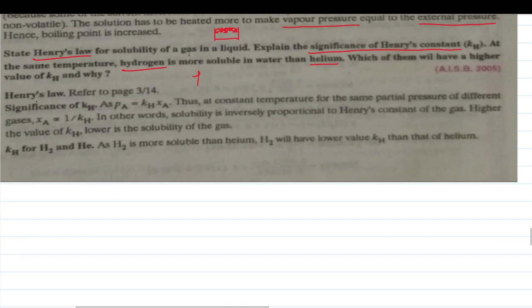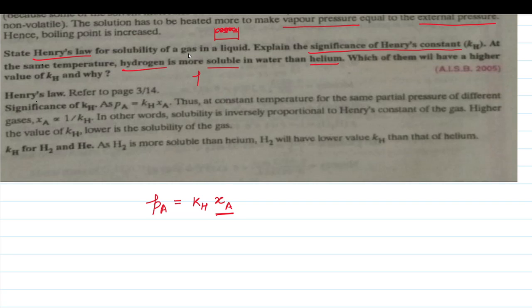So according to Henry's law, the partial pressure of the gas above the liquid is proportional to the mole fraction of the gas in the solution. Okay, pA equal to KH xA. Now as hydrogen is more soluble than helium at the same temperature,